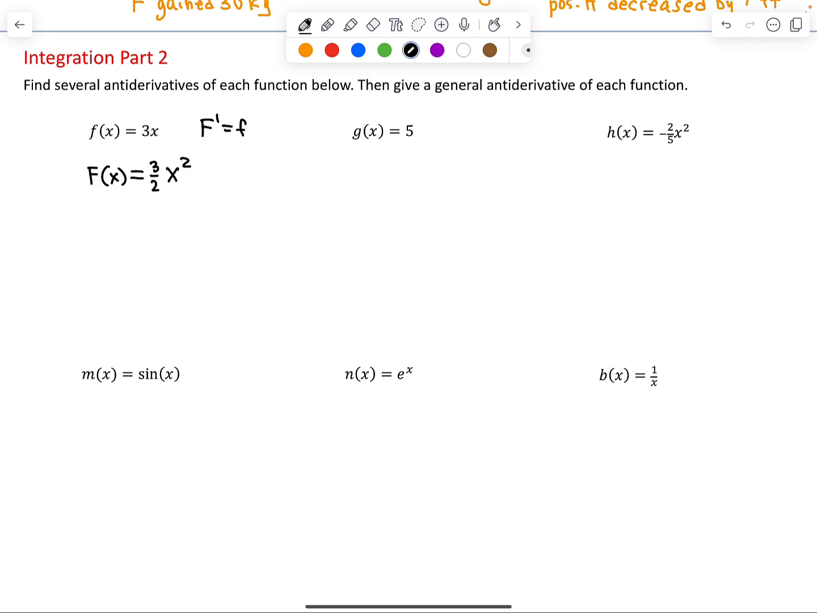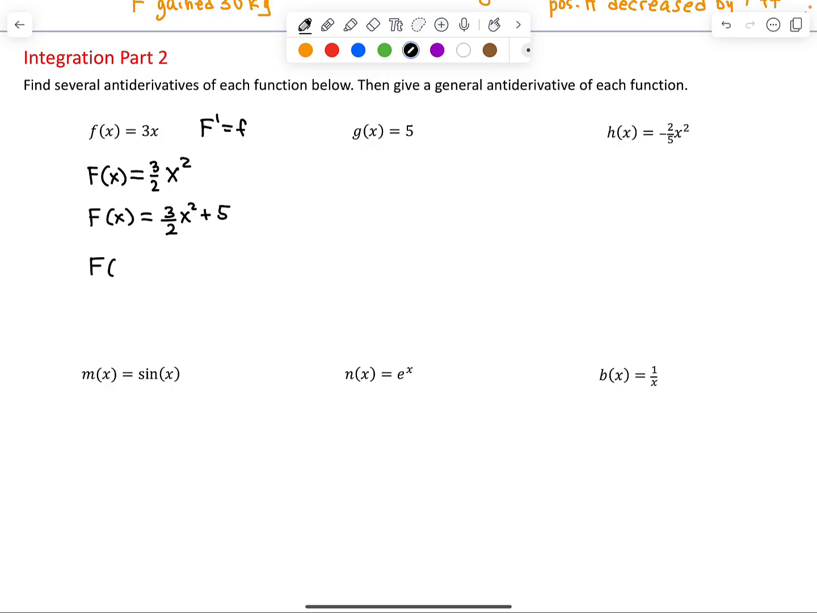Now this is not the only possible answer. You can also give an answer where you add any constant to this. So 3/2 x squared plus 5. Because when you differentiate this capital F, the plus 5 will go to 0, and you will still get a derivative of 3x. This suggests that if a function has an antiderivative, it does not have a unique one, because